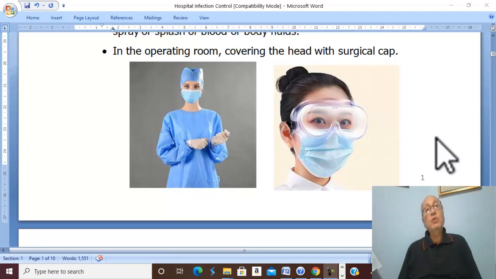Hospital infection control. Nosocomial infections are infections acquired in the hospital. There are standard precautions used to prevent the transmission of diseases in the hospital due to contact of the medical